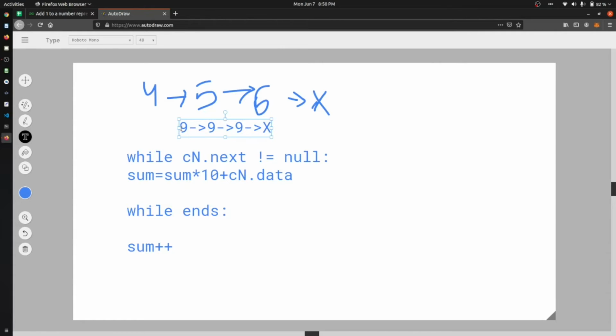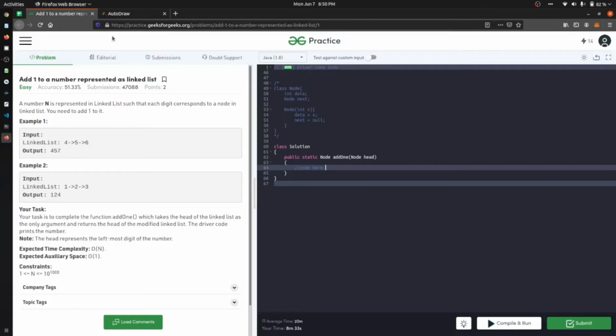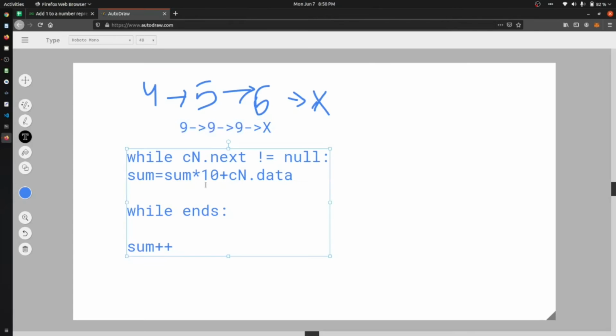We know that we can directly add all this and we will get 999 plus 1. But if you go to the question, you can see that they are returning a node. It means that we don't have to return a number, we have to return the whole linked list, with all our logic. So how will we do that?